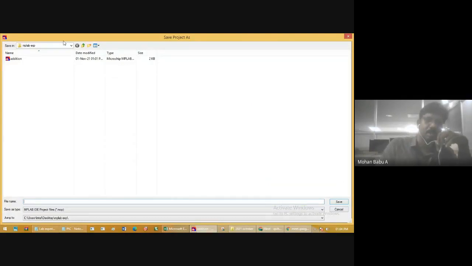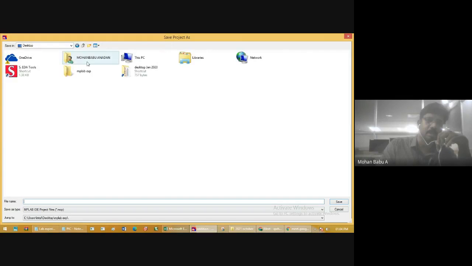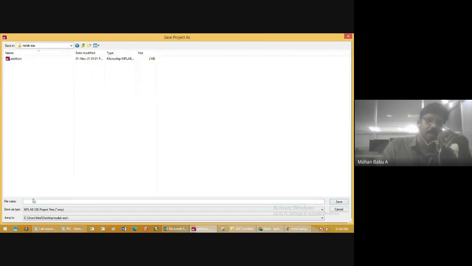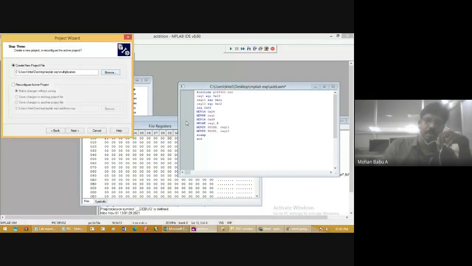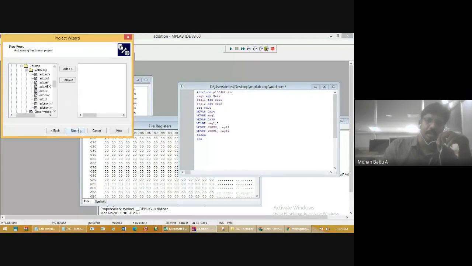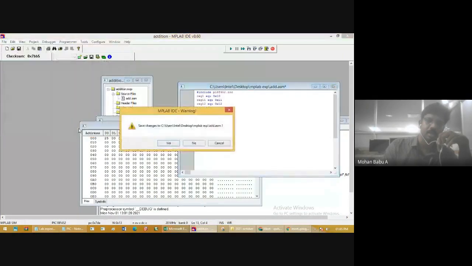So go to the desktop, inside the MPLAB experiment folder, and give the name for your project. For example, I give the name as multiplication. Then click save. Then click next, finish.